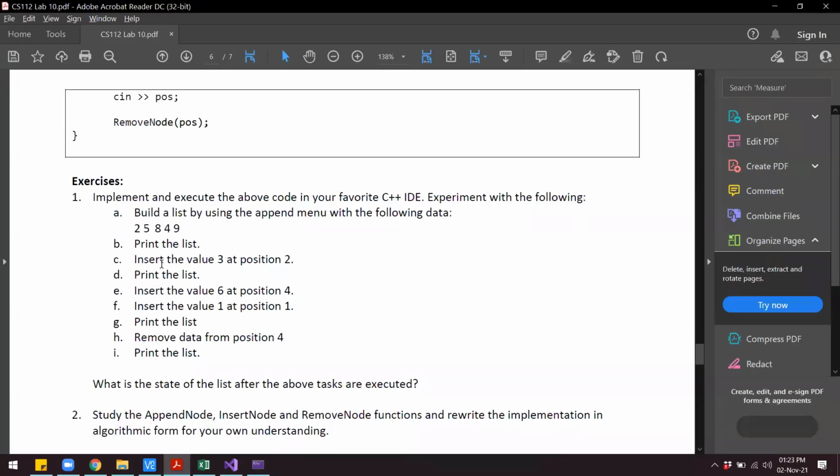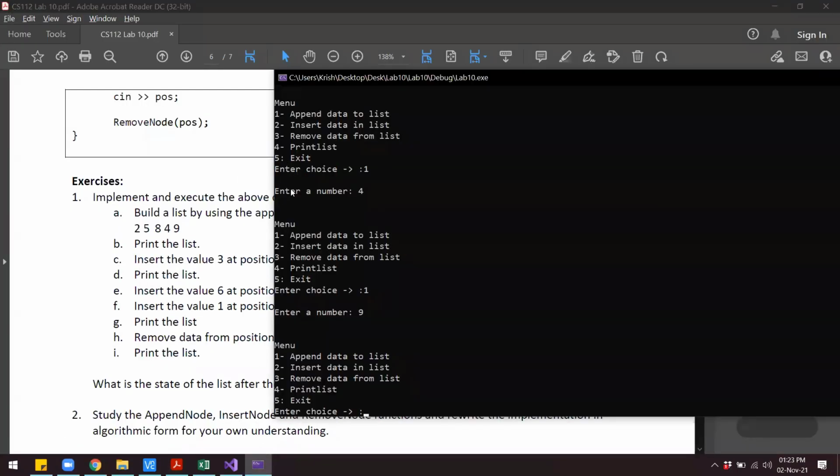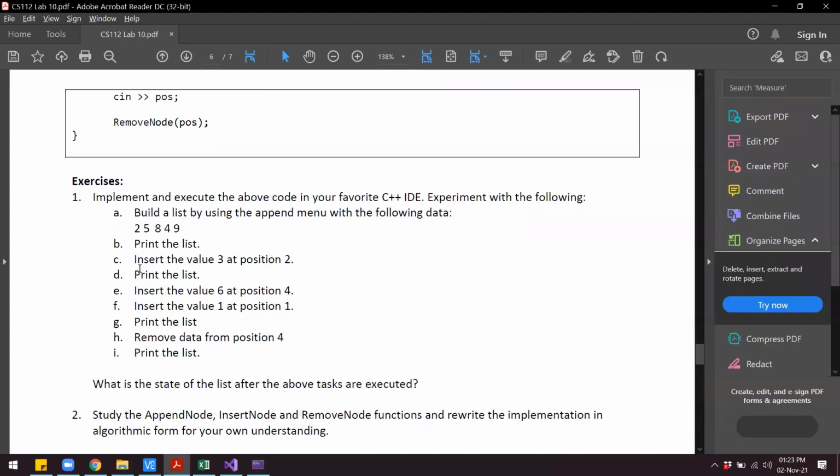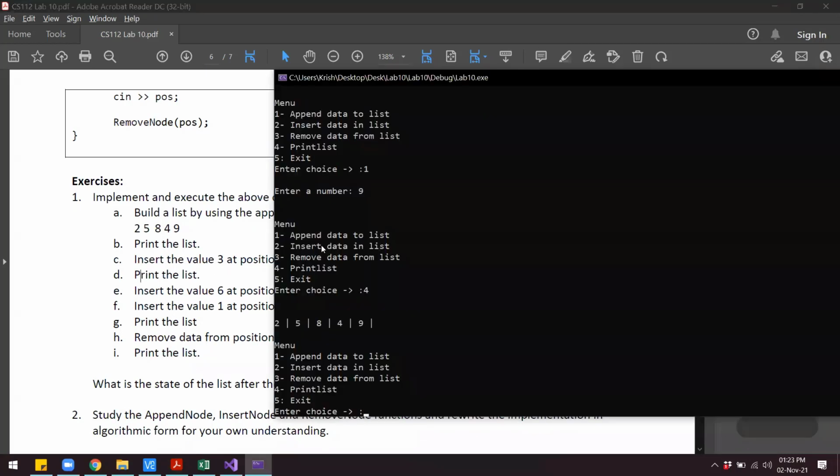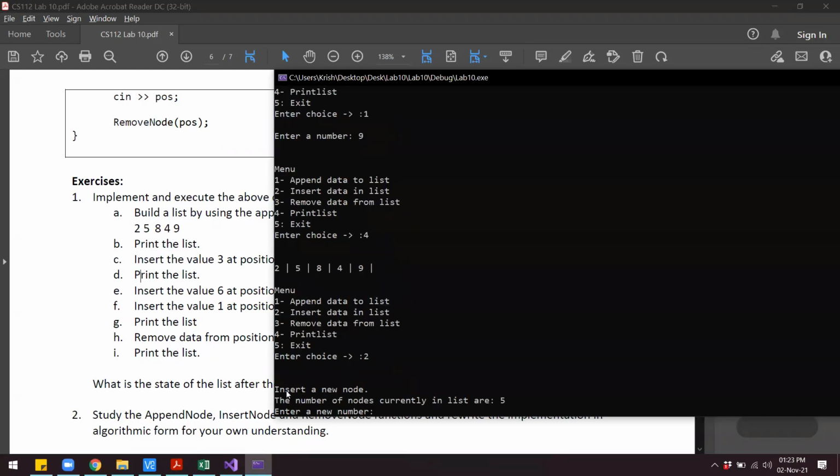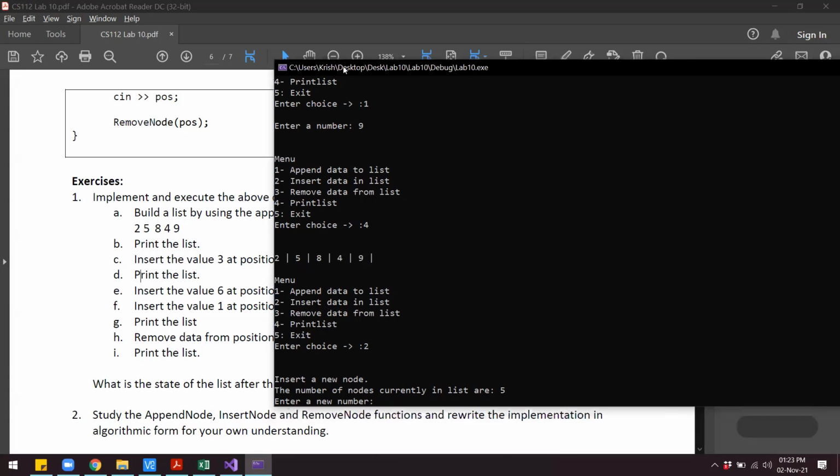And then it says print the list. So to print, we will enter option number 4, right? And we get these numbers back: 2, 5, 8, 4, 9. Then it says insert the value 3 at position 2. So to insert a value, I have to enter option number 2 from the menu. It says insert a new node. The number of nodes currently in the list is 5. And if I want to insert a node,